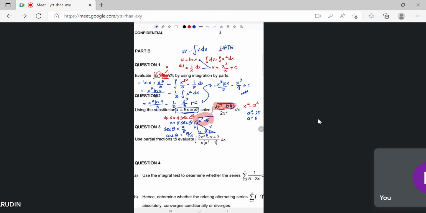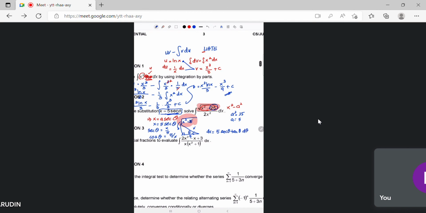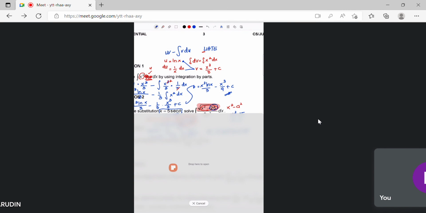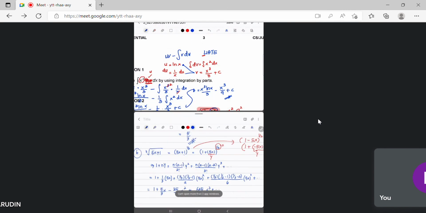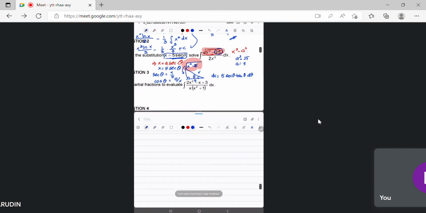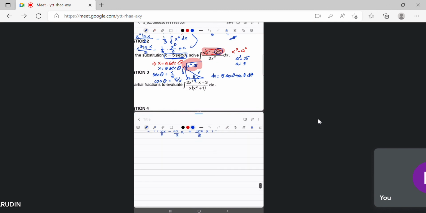Tadi dah ada x. So kita kena cari pula dx. dx equal to differentiate secant theta. Secant theta tangent theta d theta. Okay. Saya ambil page kosong, senang nak nampak. Okay, yang ni. Okay, so sekarang kita nak